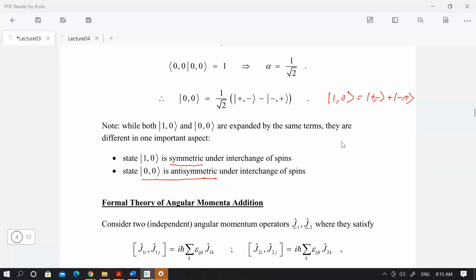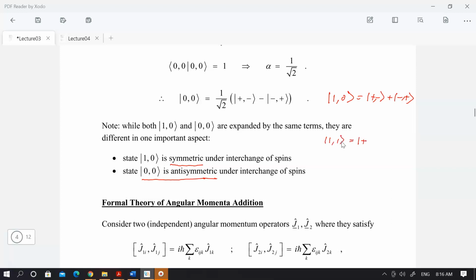Suppose you measure the z component to be 0, how do you differentiate between the two states? Well, essentially one can look at the symmetry of the spin interchange. Okay, and the other thing one should remember is that for the case of spin 1, total spin 1,